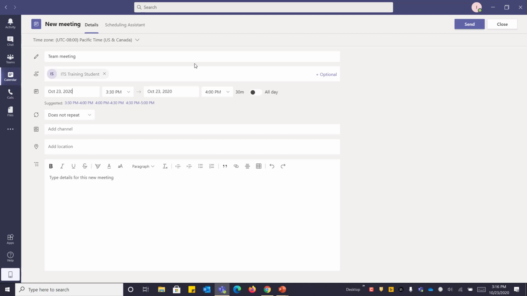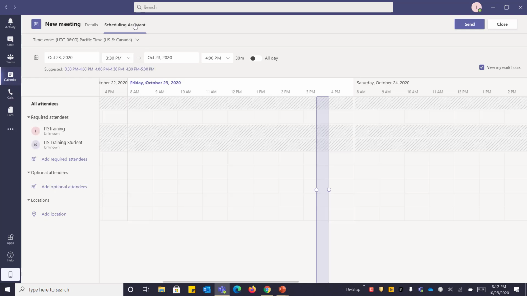Another option that you have is you can switch to the Scheduling Assistant tab at the very top here. So by default, it opens into Details, but you can switch to Scheduling Assistant. And then that way it shows you a graph of when everybody is available. Now, the accounts that we're using today don't really have their availability shown, but for all your colleagues, you can see all the available time slots here.